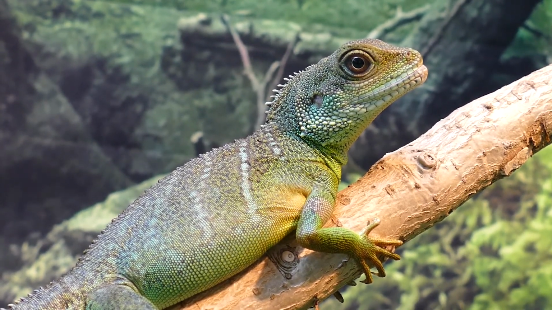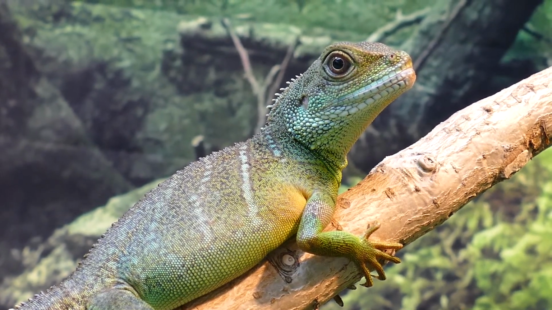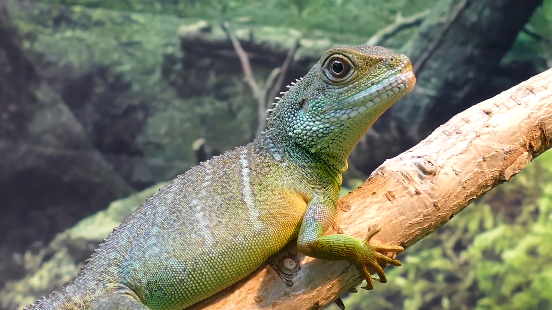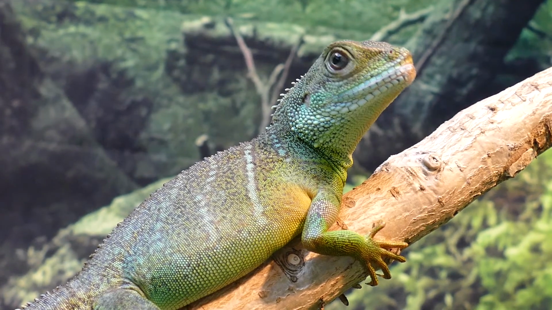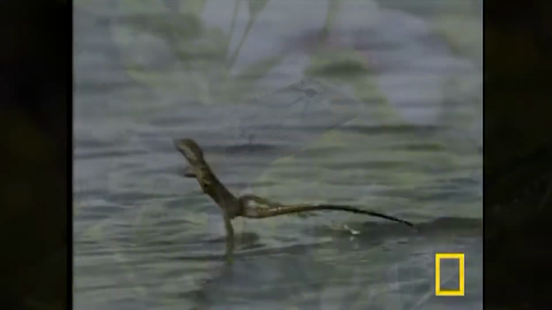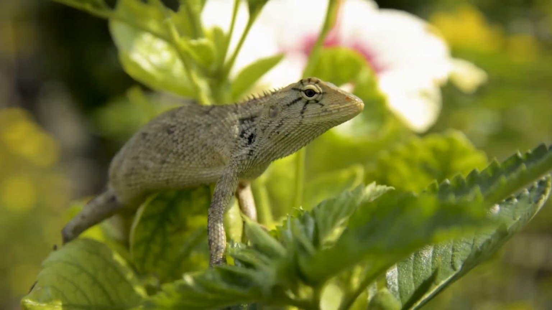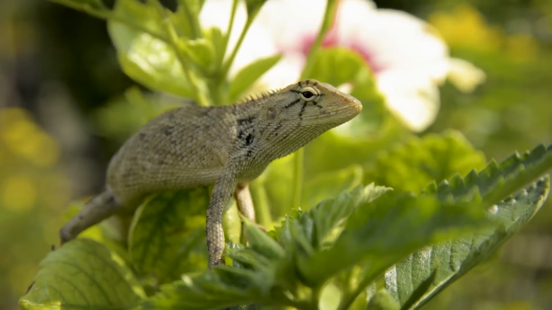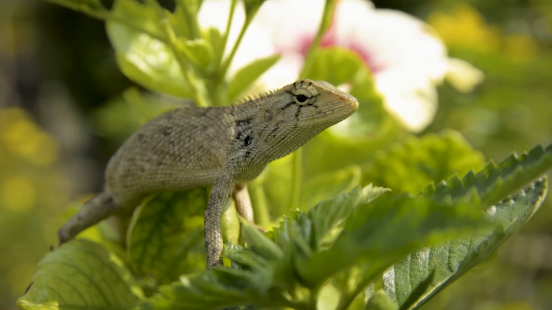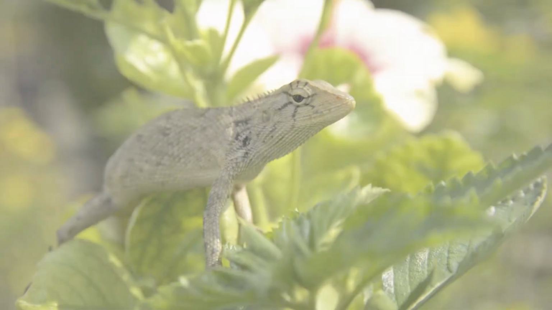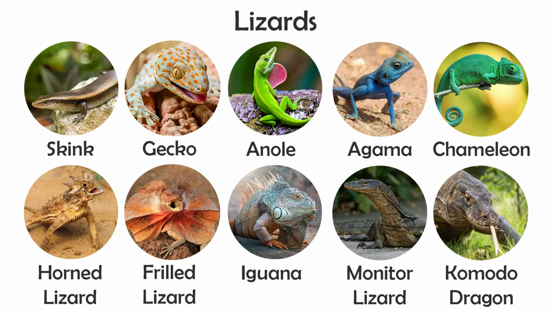Lizards are typically small, agile reptiles, running in short bursts to catch prey or escape predators. Some species have adhesive pads on their feet and can climb vertically. One species of lizard, the basilisk lizard, can even run on water. They can be found all over the world except in extreme cold climates like Antarctica and the North Pole. Most lizards are predators that prey on insects and spiders, while some larger species prey on fish, birds, and small mammals as well. Some examples of lizards include skinks, geckos, anoles, agamas, chameleons, horned lizards, frilled lizards, iguanas, monitor lizards,